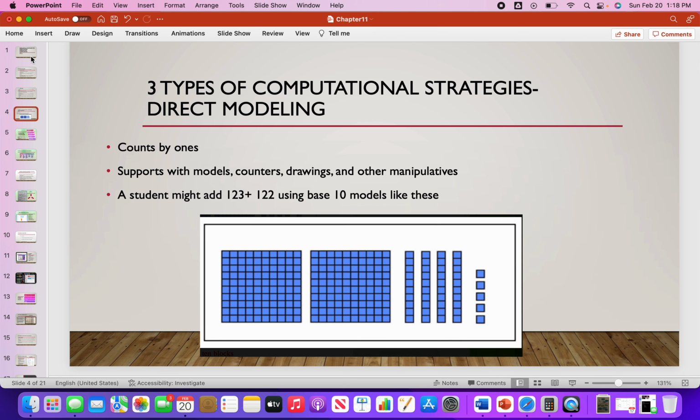3 types of computational strategies. Direct modeling. This is counting by ones. It's supported by using models, counters, drawings, and other manipulatives. A student might add 123 plus 122 using base 10 models like this. There's also